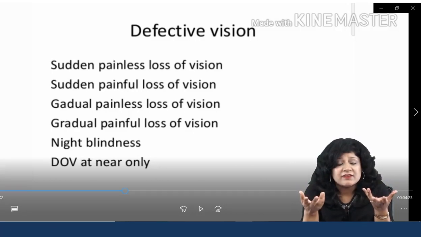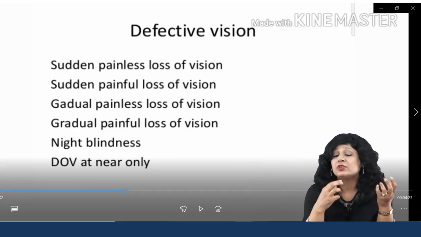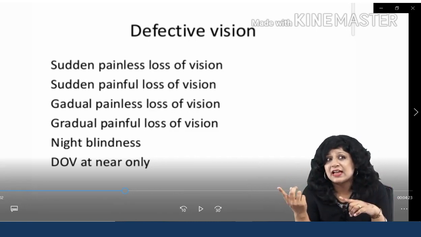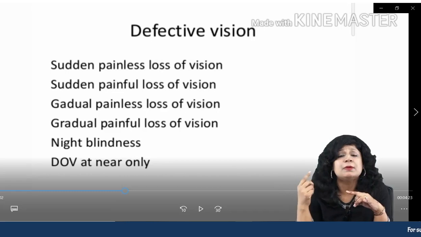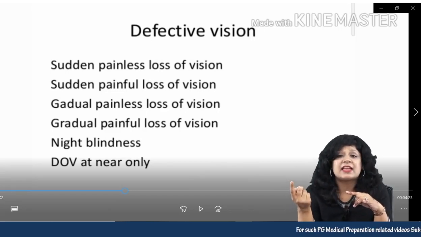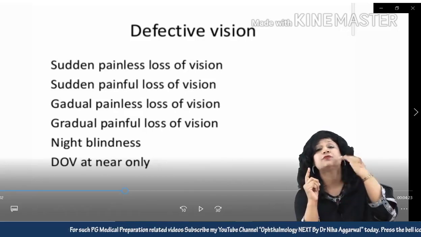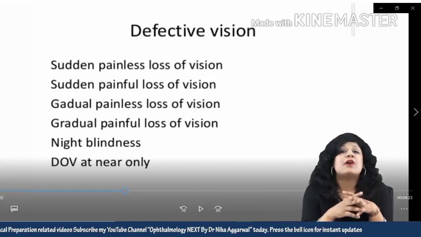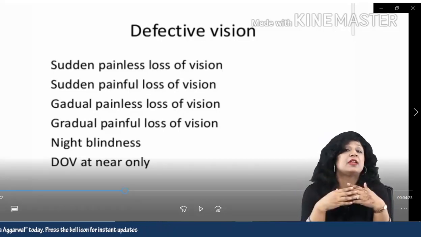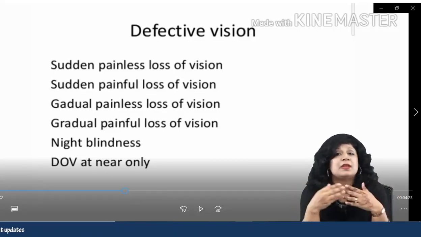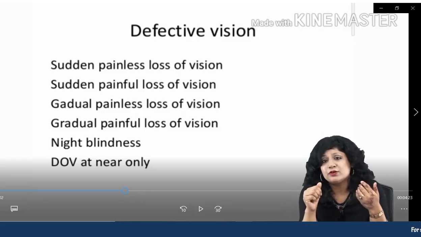Is the patient having night blindness, or is the patient having day blindness, clumsy vision during the day, clumsy vision during the night? See, I have given you a hint where all you people hear these things. And whether the patient is having a problem at near vision only, or if the patient is having a problem in far vision only. Like we could be having the refractive errors too, we could be having a problem in accommodation, we could be having a problem in the optic nerve. So likewise we will be having different kinds of defective vision.